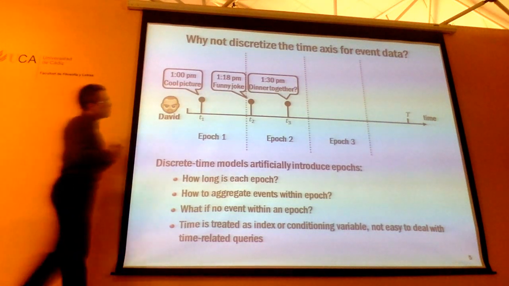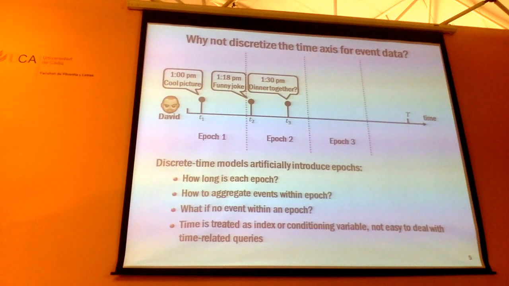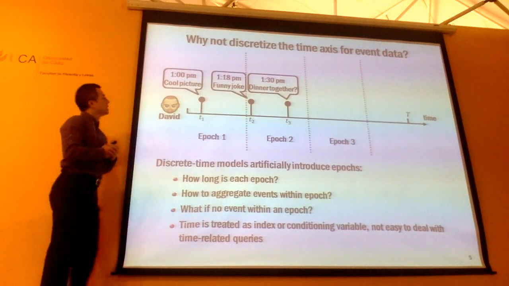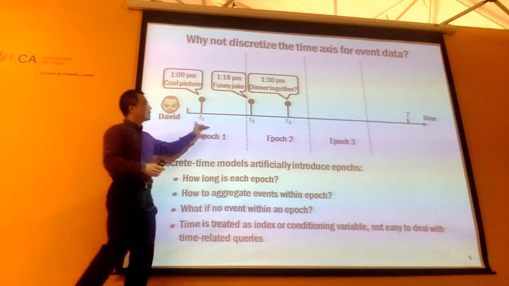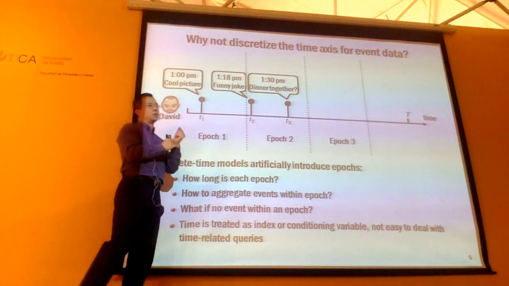Okay, so you might have already learned about the time series models, right? Just for finance, maybe also for capital process. The most familiar one is time series models. So one thing you might think about to model this type of data is to just divide this temporal axis into different epochs and then use a traditional time series model for it. So I'm going to partition this time axis into epoch 1, 2, 3, right? And then somehow aggregate information within each one of these epochs and use the traditional time series analysis approach to do it.